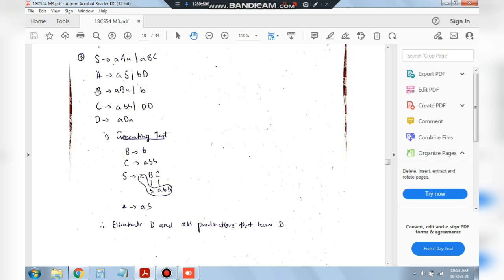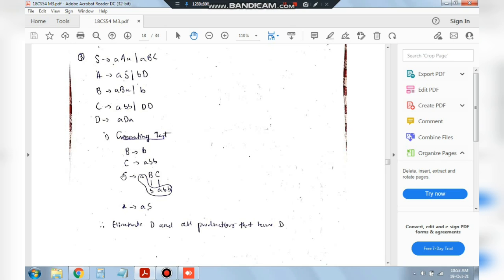Then let's move on to B. B is ending with a terminal. Select B here. C is ending with a terminal. A, B, B. Select C here. Let's move on to S now. In S, what we have: A, capital A, and small a, or A, capital B, and capital C. Capital B and capital C both are terminating, since they are ending with a terminal. We can write terminals here instead of this one. Therefore, S is selected as a generating symbol.